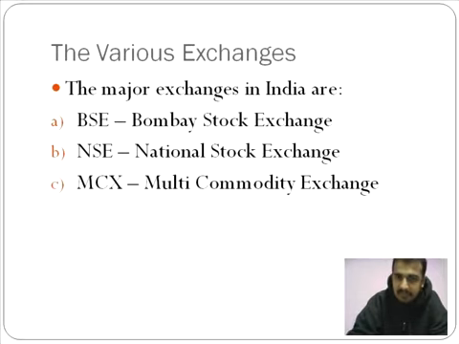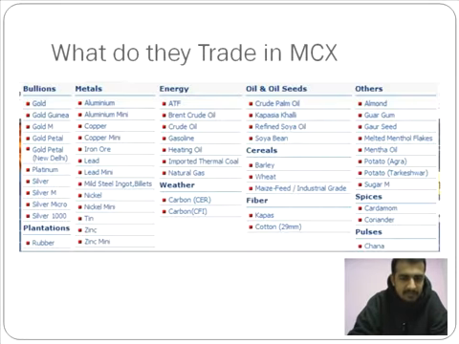And then you have MCX. MCX, like the name suggests, is the Multi Commodity Exchange. Unlike NSE and BSE, MCX is mostly into commodities. In my previous video, I mentioned exchanges like Chicago Mercantile, which trades a variety of unusual products. Like I told you, they have cattle, they have weather, all that. In India, we have similar contracts in MCX.